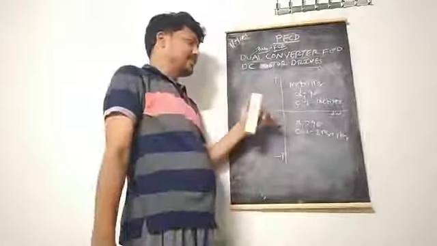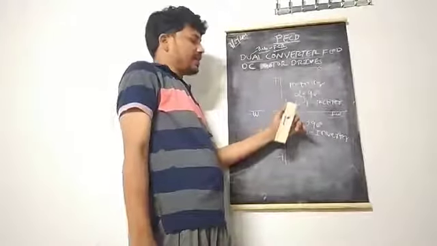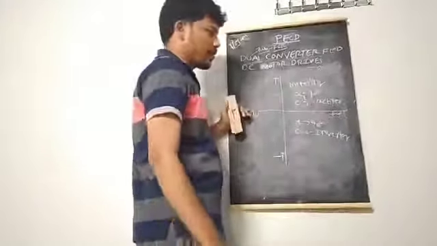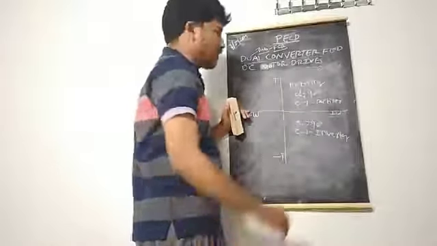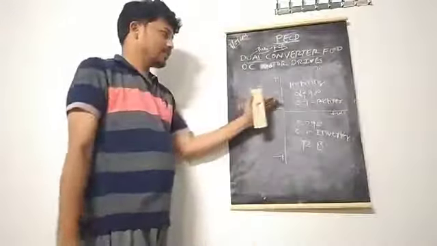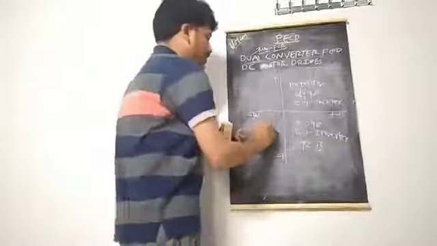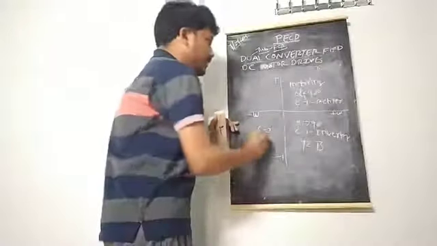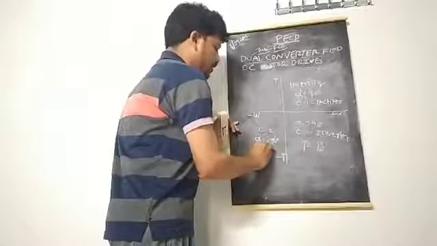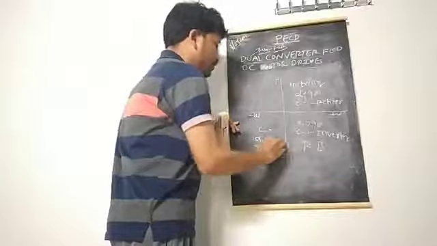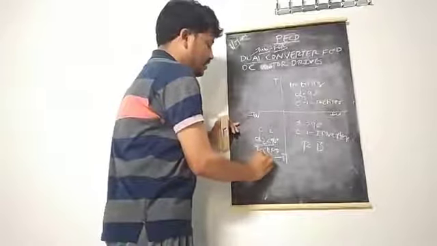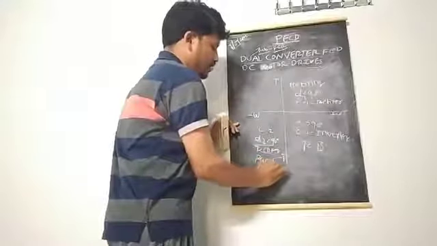When alpha 1 is greater than 90 degrees, converter 1 acts as an inverter. Therefore, it operates according to the modes of operation of the quadrants. According to the quadrants, the motor may be operating in the reverse braking mode. This is the converter 1 operation. Similarly, converter 2: if alpha 2 is less than 90 degrees, it is operated in the rectifier mode. Therefore, it is operated in the reverse motoring mode.